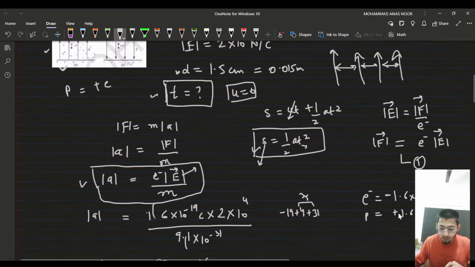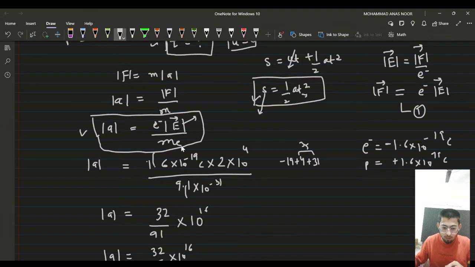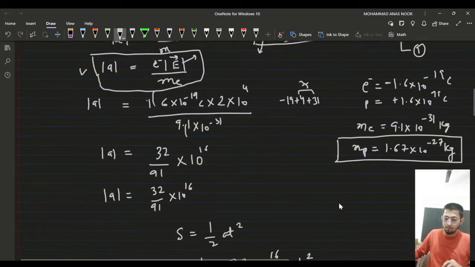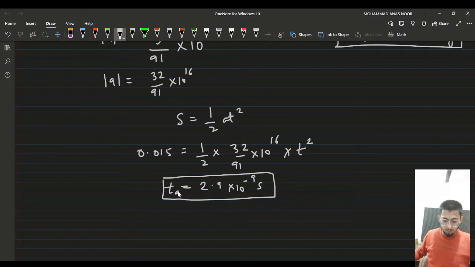But there is a difference in mass. So you can write here mass of electron for the sake of convenience. So mass of electron is how much? 9.1 into 10 to the power minus 31 kilograms, right? But mass of proton is not this. It's 1.67 into 10 to the power minus 27 kilograms. And so the answer would differ. You can calculate it, it's the same thing, you just put the values. So this is the time for electron, time of fall,